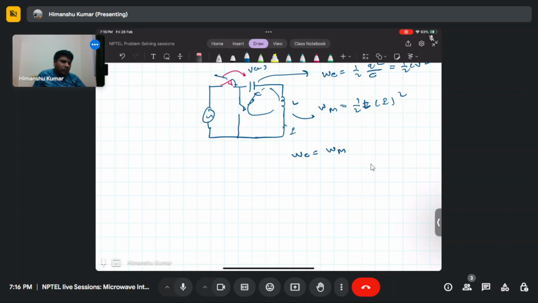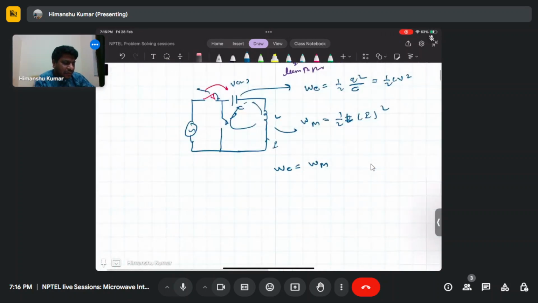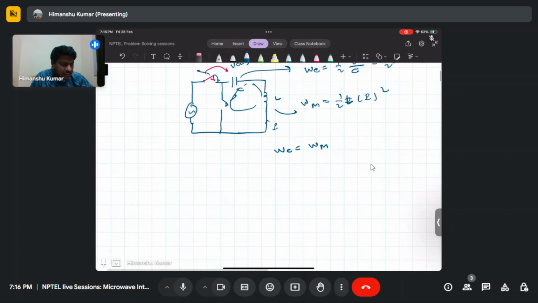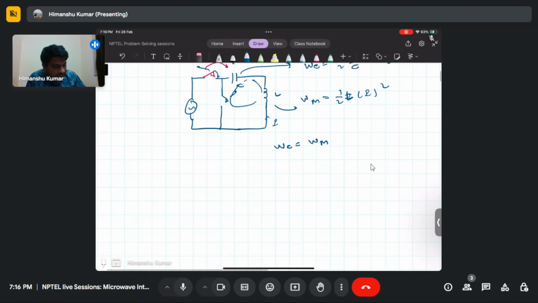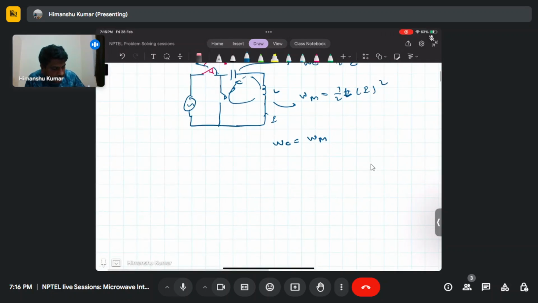If you equate these equations, you can write the current in terms of the circuit elements. In the case of the capacitor, the voltage across the capacitor is basically